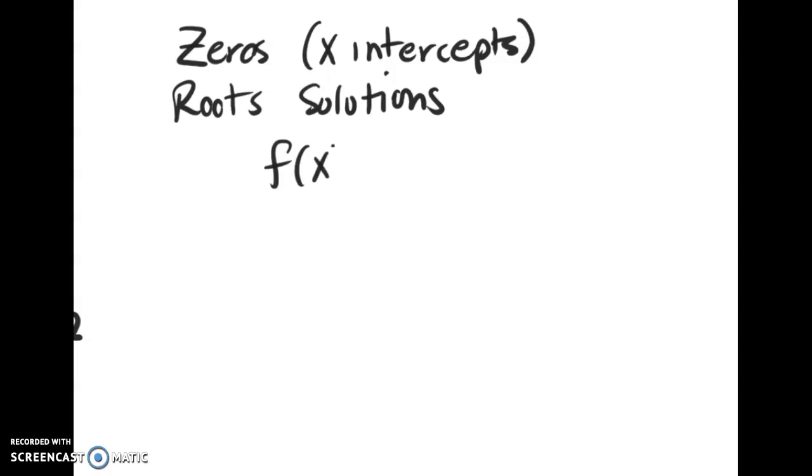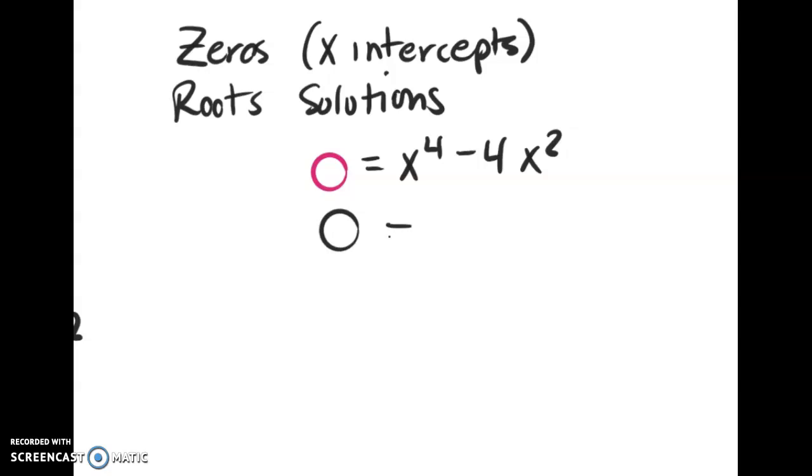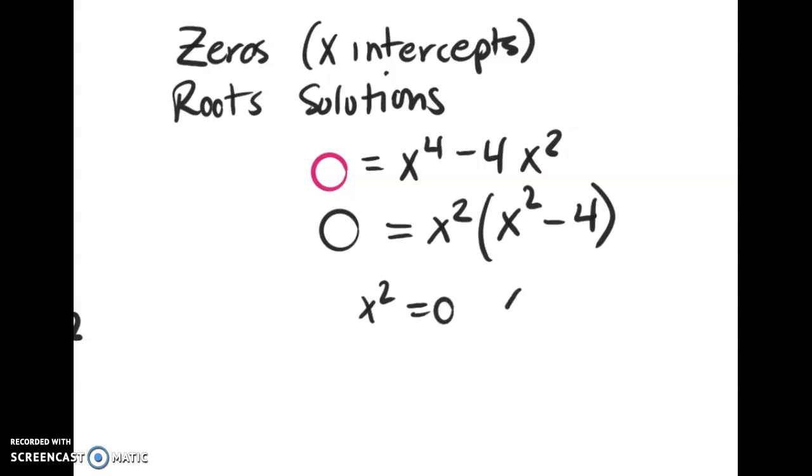So if this is our function that we were exploring, I let the output equal 0. That means instead of writing f of x here, I'm going to put 0, and then solve for x. Looking at this, they have a greatest common factor of x squared. I can factor out an x squared, and I get this. Then I can set each of these equal to 0